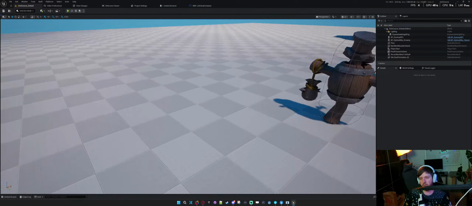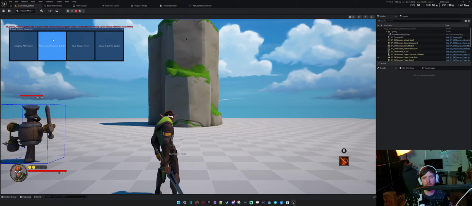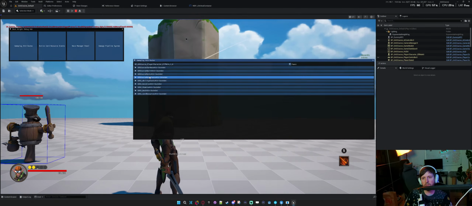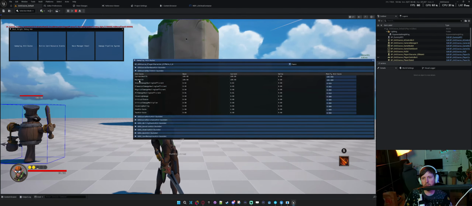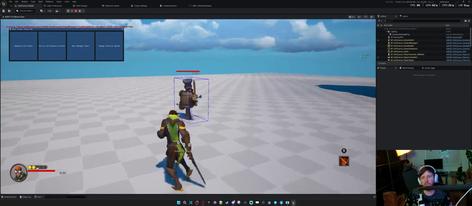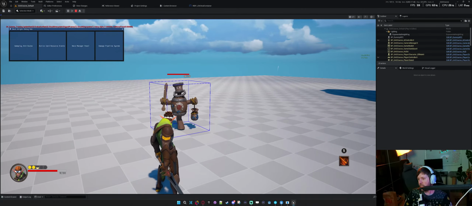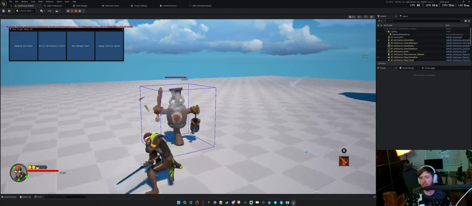But let's just see if we have our logic working. So we're going to update our attribute. All damage coefficient 1. Bam, bam, bam. Yes, it works. So now let's get our Unreal Insights.